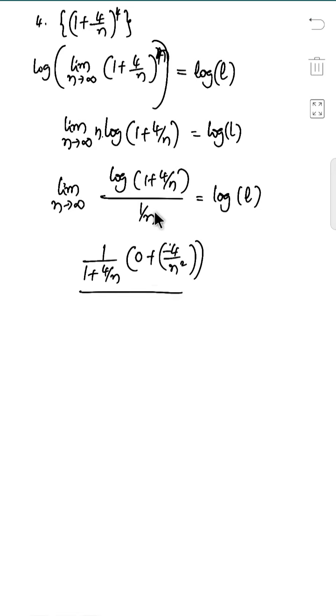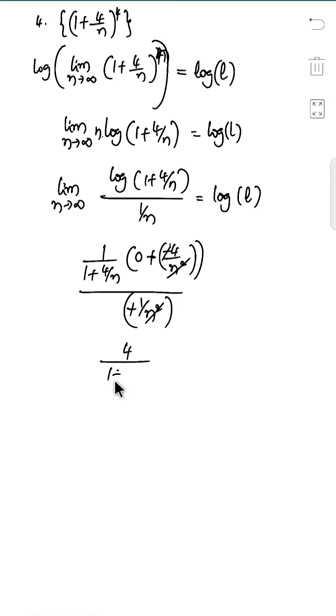And the differentiation of 1 by n is nothing but minus 1 by n square. Now you can see this negative and this negative, you can cancel out these two, and n square too. So what you have is